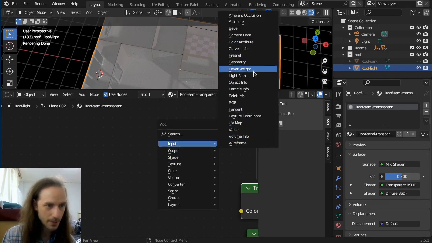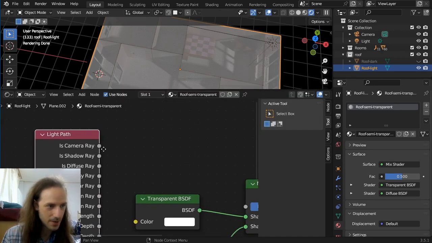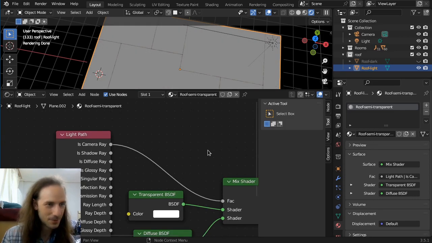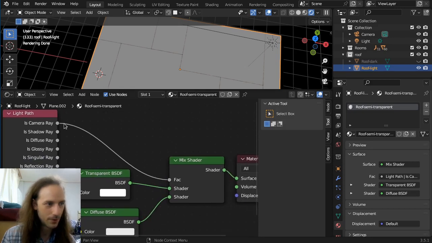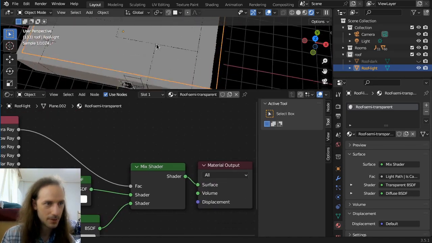And amongst the input nodes, we need Light Path. And this is Is Camera Ray. So it's not a name, but Is Camera Ray would be a good name. But this will basically tell us whether the ray during the ray tracing is coming from the camera or not. And as you can see now, it's totally